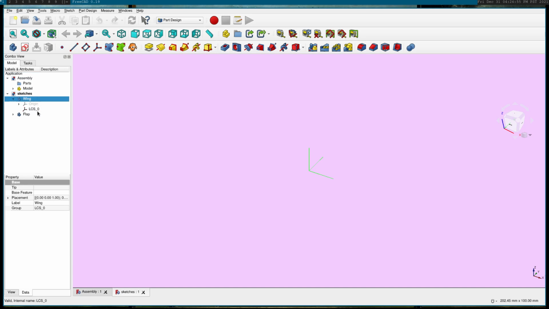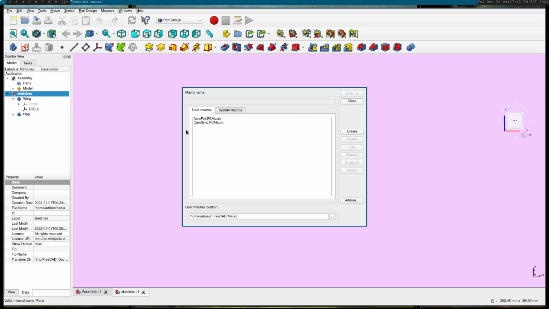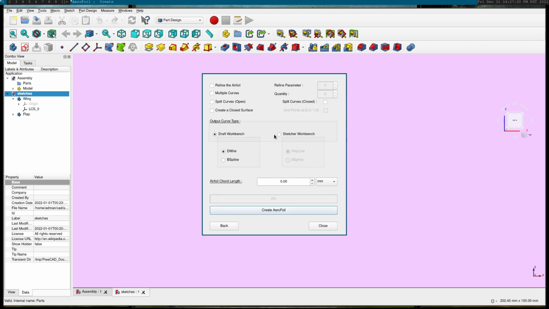So first thing, we want to open up our wing, open up the sketches assembly. Oops. We want to make sure we're on XZ. So sketches, macros, and we're using the airfoil to generate our sketches. Execute. So 4-digit, that's fine. Airfoil number, let's do 2412. Open. You need to make sure to select Sketcher Workbench, because this will export